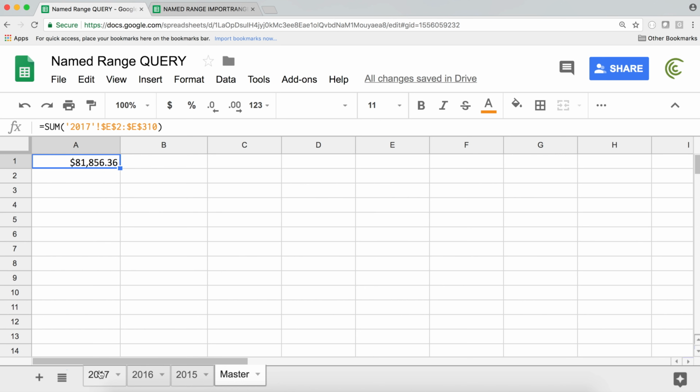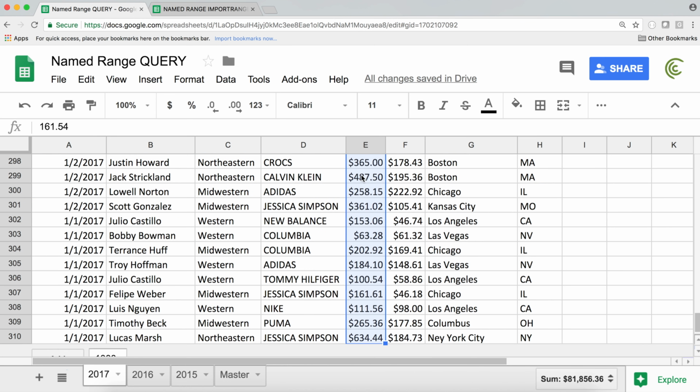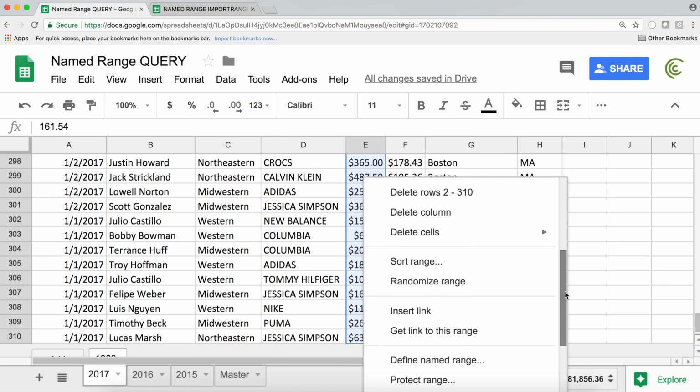So I'm going to hit escape. I'm going to go to 2017. What I do before I do any formulas, I just go and select all the numbers like this, Control Shift down. So now that this is selected, I want to just go ahead and name this range. There are a few ways to do it. One way, you can just right click on it. And then if you scroll down here, you're going to find something that's called define named range. So if I click on that,